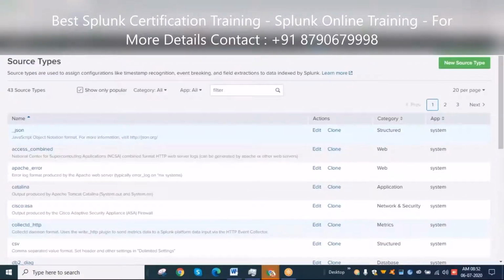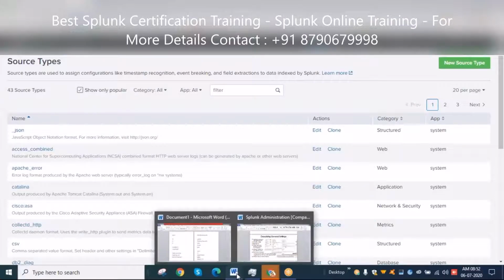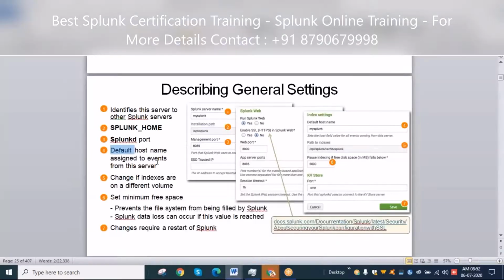For this specific server, a default host name is defined. When I want to give this server name to you, I'll give the default host name. If I want to change it, I can do it in general settings.